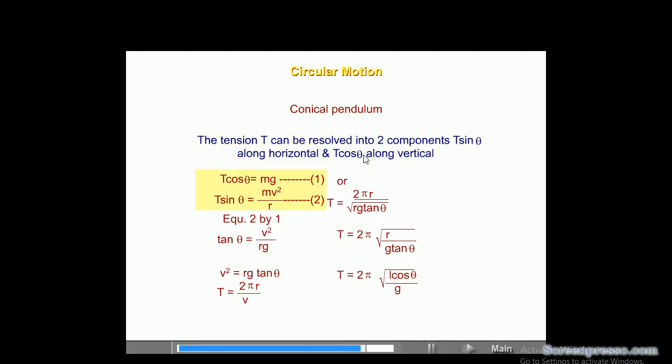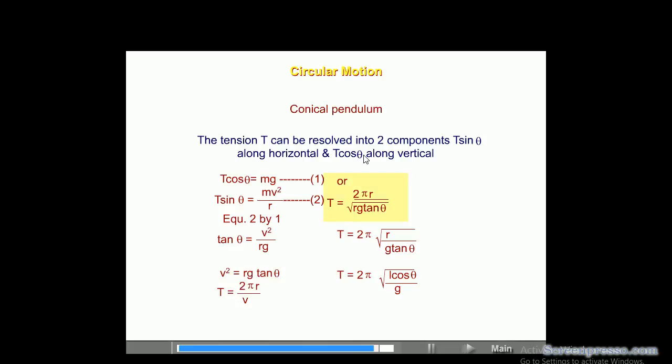T cos θ is equal to mg, T sin θ is equal to mv²/r, tan θ is equal to v²/rg, v² is equal to rg tan θ. The time period T is equal to 2πr/v,